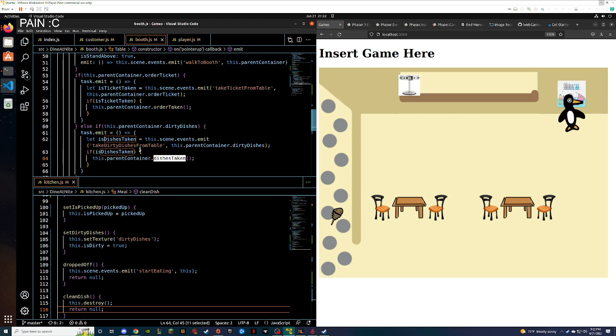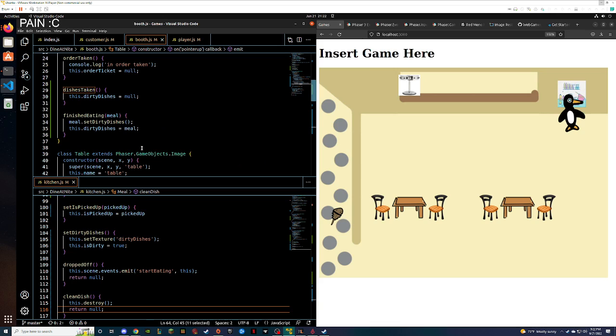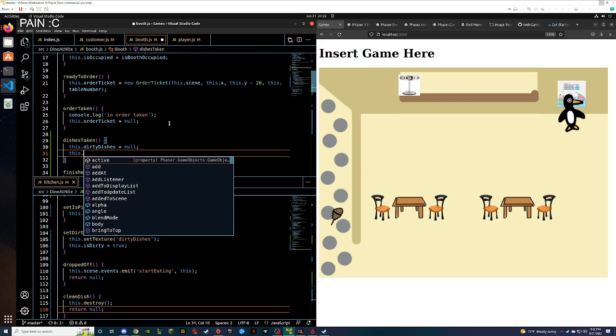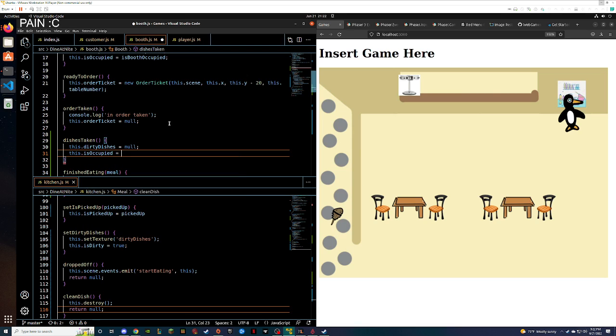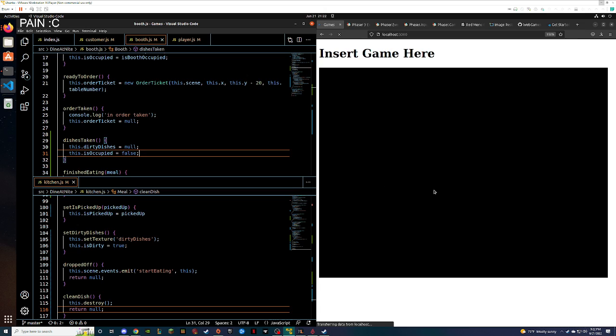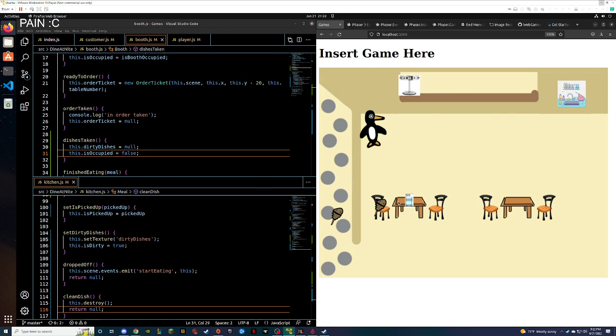This dot dishes taken. Okay, so this is where we want to do this dot is occupied equals false. Beautiful. So now we should be able to sit. Okay. No, can't sit down.